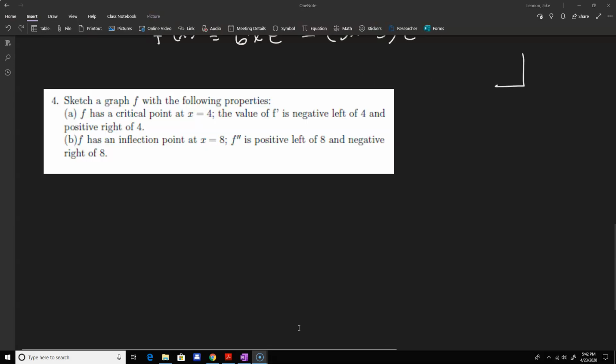So number 4 is not a product or quotient rule, but we're just trying to sketch a graph that has the following properties. We have a critical point at 4, and the value of the derivative is negative left of 4 and positive right of 4. So basically for our graph, the derivative being negative means the graph is decreasing. So we know that f is decreasing until x equals 4, and then afterwards it's going to be increasing because the derivative is positive. So f is increasing